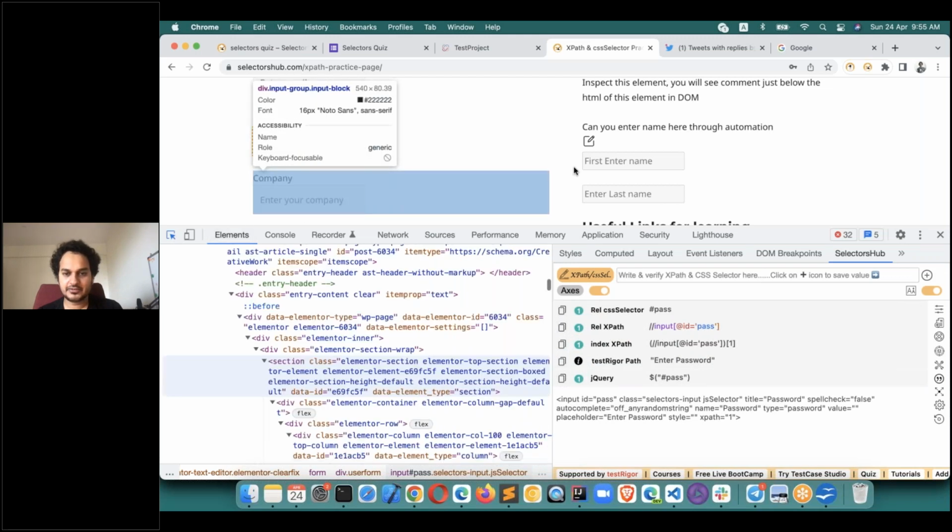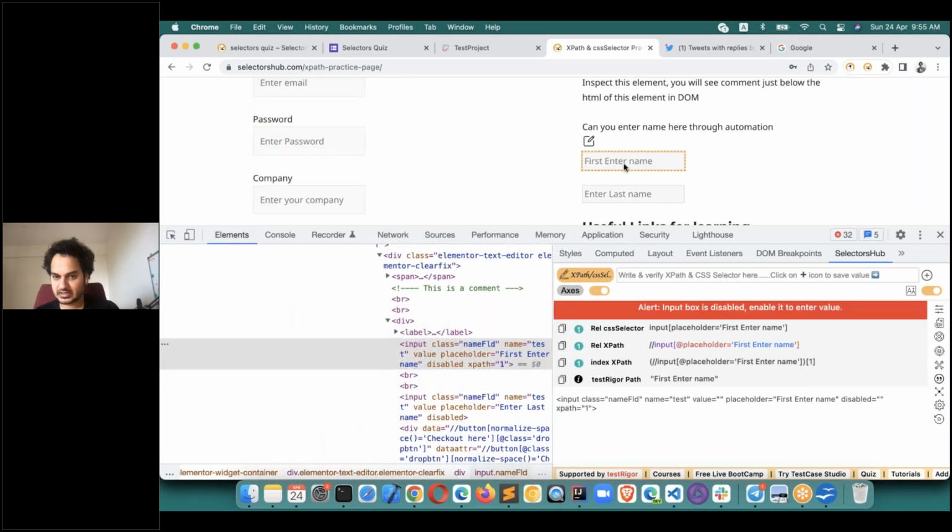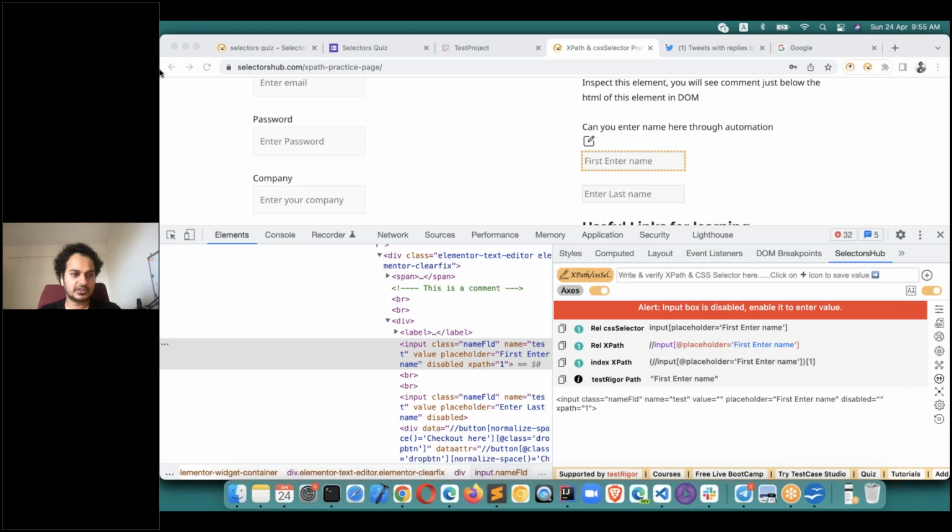If you inspect any element, if there is something special about that element, SelectorsHub will tell you with an alert. Input box is disabled, enable it to enter value. Now you see that you got this alert. So you will know that this input box is disabled. So this will be helpful to save your time, right? Because you see that here,